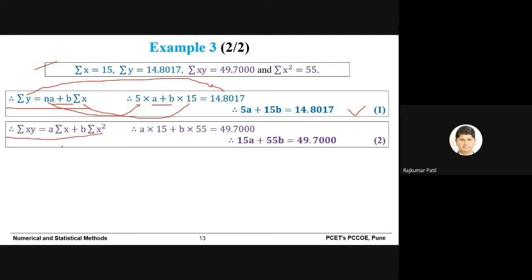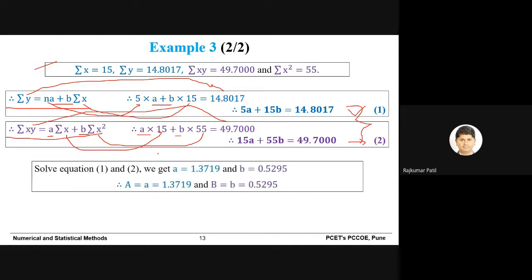Then use the second normal equation. Summation xy is 49.7, a and b are unknown, summation x is 15, summation x square is 55, and upon simplification you will get 15a plus 55b equals 49.7. Let's call this equation number 2. Therefore equations 1 and 2 are two simultaneous equations. You can solve them to get the values of a and b, where a is 1.3719 and b is equal to